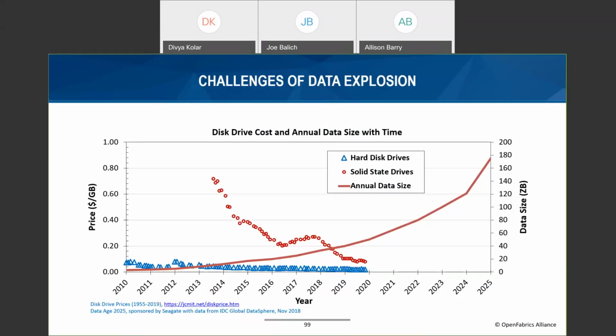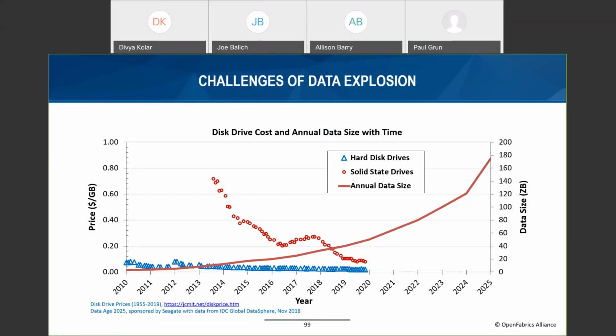Now we are in the era of data explosion. Data is growing and will keep growing very rapidly. As this figure shows, the annual data size increases superlinearly, as the red line shows, and it is predicted to be 175 zettabytes by 2025. However, on the other hand, if you look at the drive costs, like hard drives or SSDs, even though the price is decreasing, as shown in the blue lines,